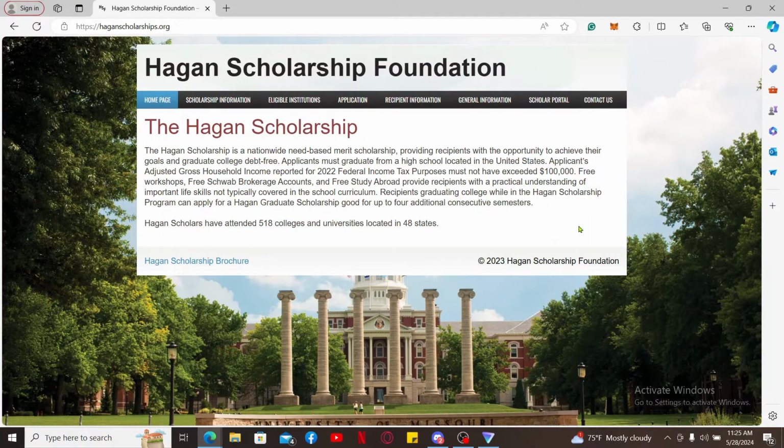The Hagan Scholarship is a nationwide need-based merit scholarship for high-achieving, self-motivated students. Recipients can receive up to $6,000 each semester, which adds up to a maximum of $48,000 over 8 consecutive semesters. The scholarship aims to help students graduate college debt-free, but you must have some eligibility for yourself in order to